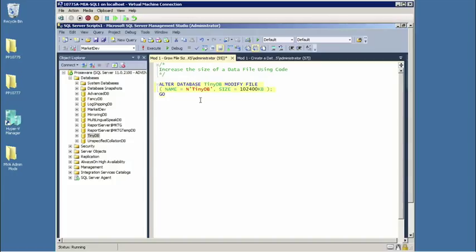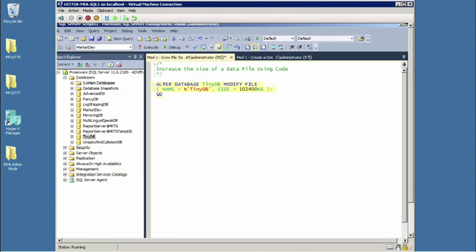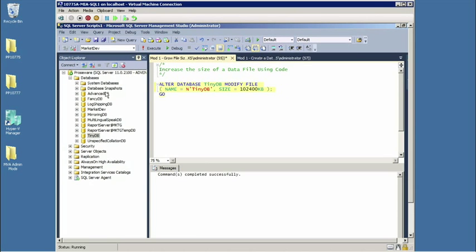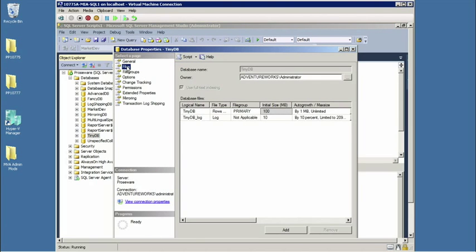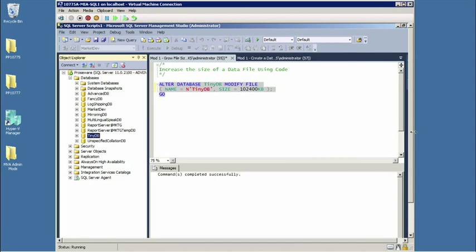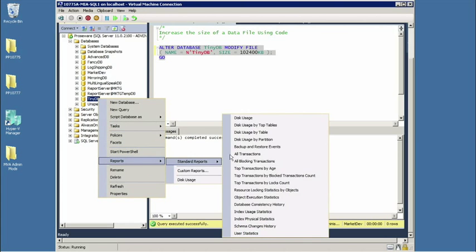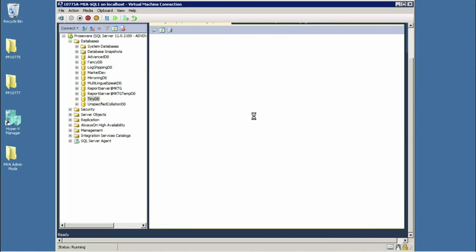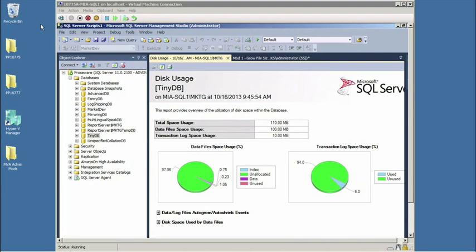Notice using the ALTER DATABASE statement, I'm able to dictate the size of a data file, and I can use that to grow. Looking a little bit closer, you'll see it's about 100 meg. So execute that. Now, to play Doubting Thomas, let's go to Files. So we see that we have 100 megs there. And then also, should I go back to my report, you'll see the report also immediately updates. Boom. Cool. So that is our drama value for the moment.